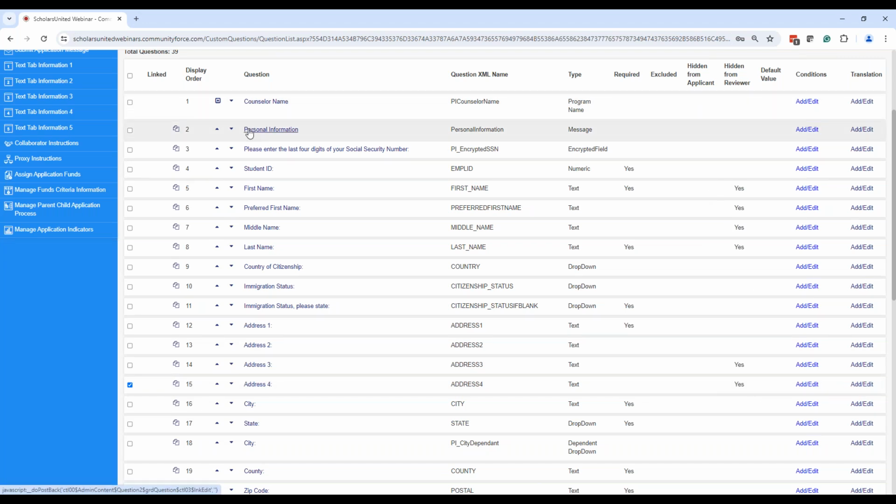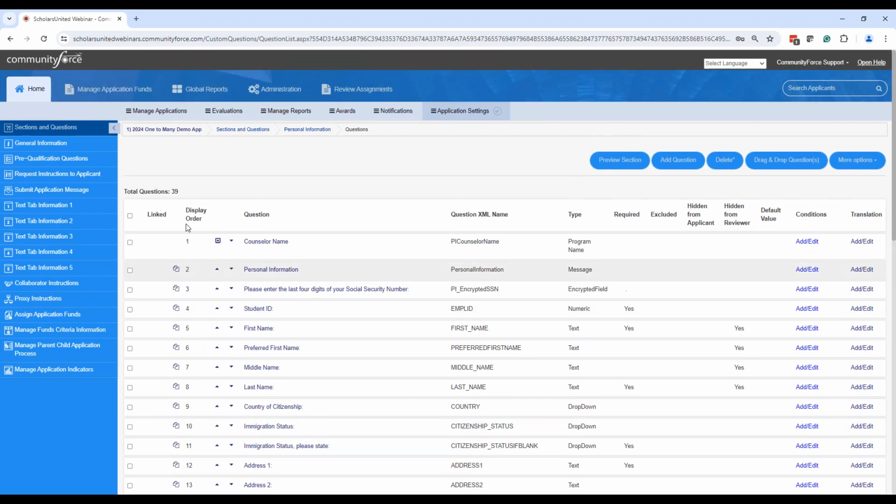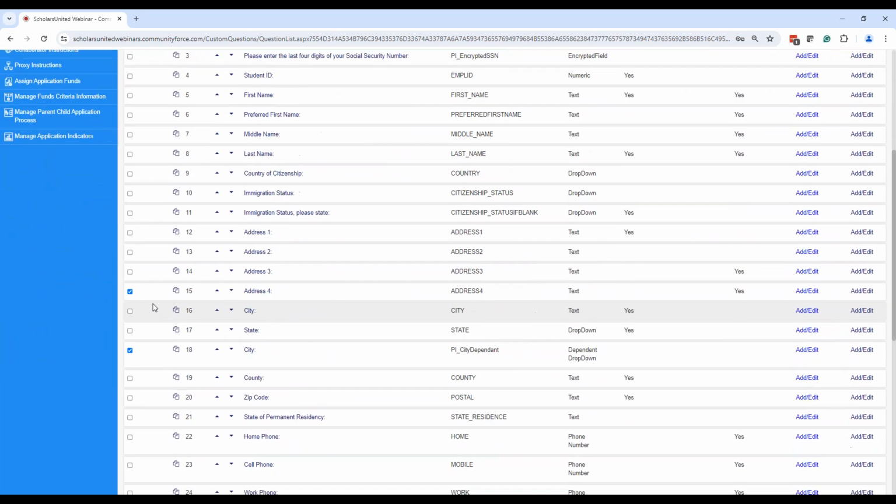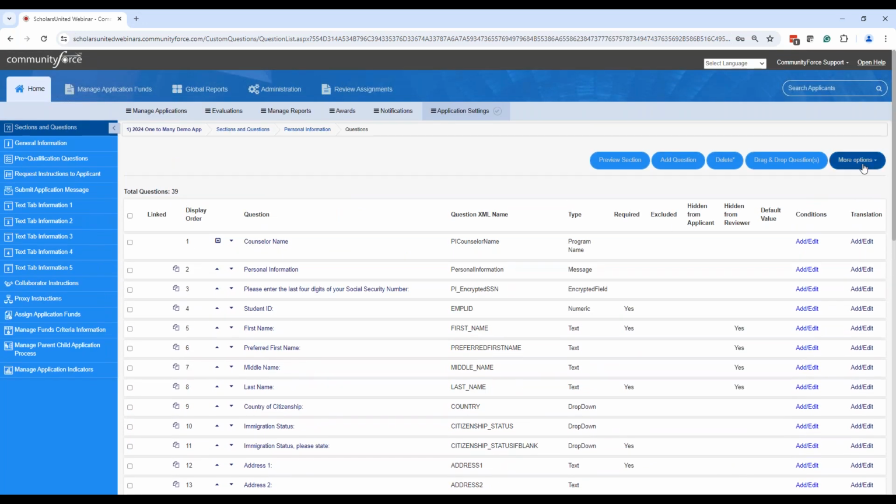And maybe there's one I don't want them to see. Maybe I don't want them to know the city they live in. Okay. So whatever you select here, depending on what it says over here, it's going to do the opposite when you run the command. So this one says yes. This one right here on city doesn't have anything. So now I'm going to scroll up. You do have to select them. So once you've selected them, I'm going to go over here to more options,